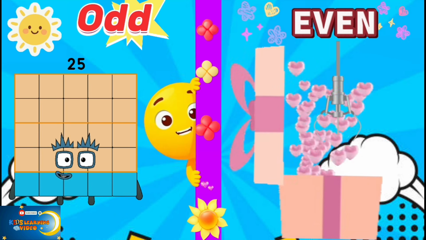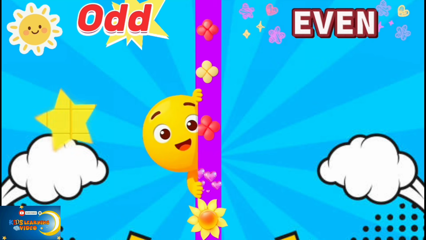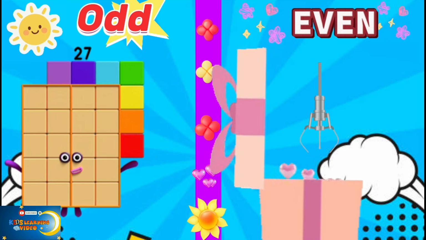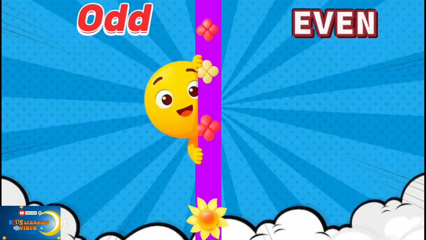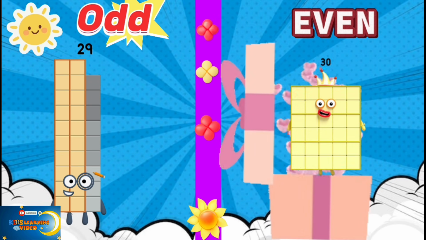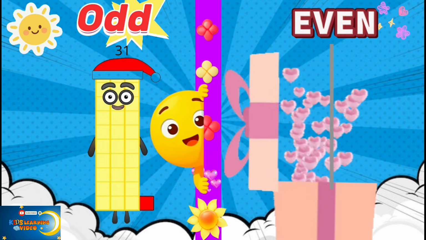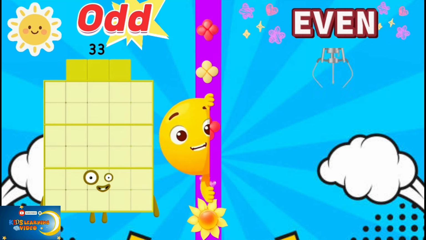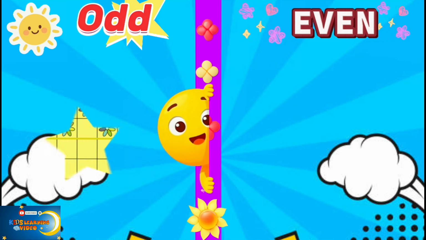25 is odd number, 26 is even number, 27 is odd number, 28 is even number. Next, 29 is odd, 30 is even, 31 is odd, 32 is even number, 33 is odd, 34 is even,